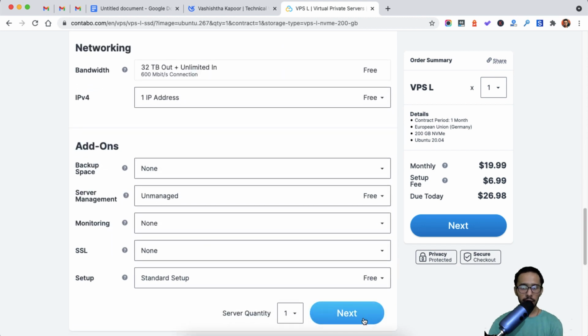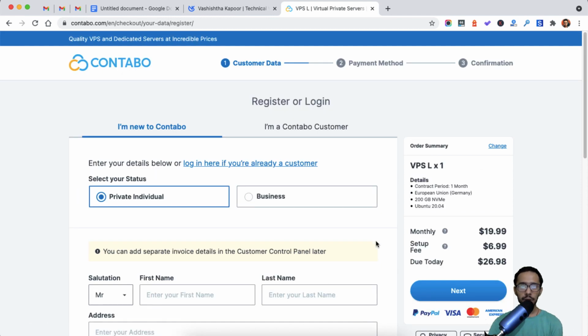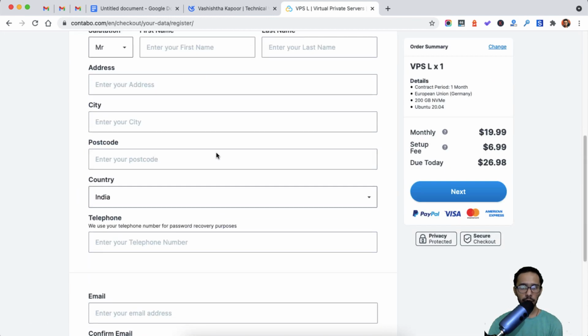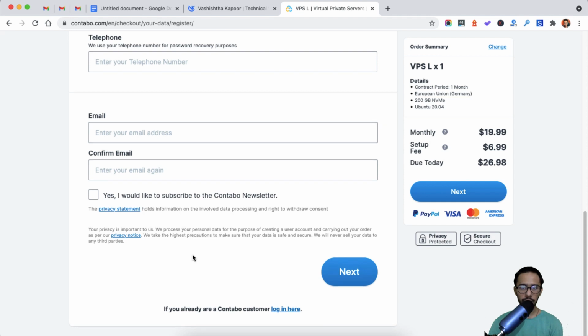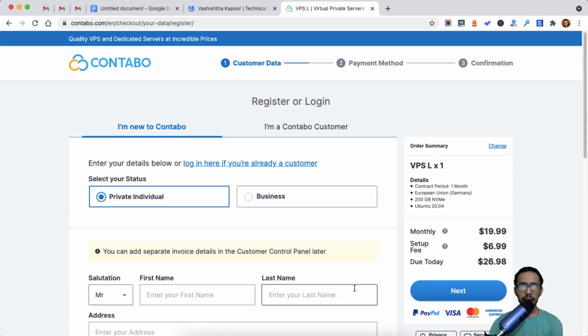And then you will click on next. If you are a new user, you can simply create your account by filling up all your information here and click on next. And in the next section you will have to make a payment, and once you pay the invoice, your VPS server will be activated within a day or within a few hours.